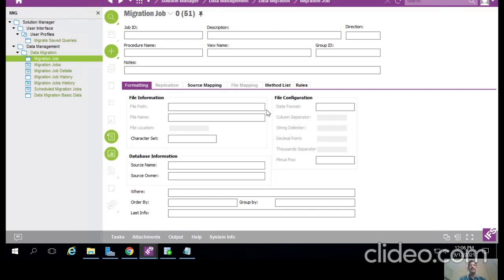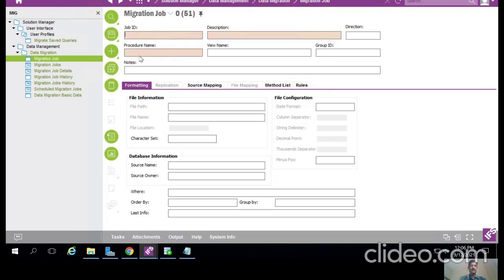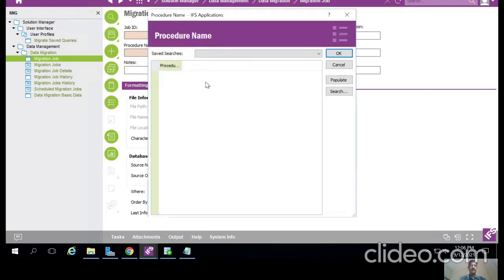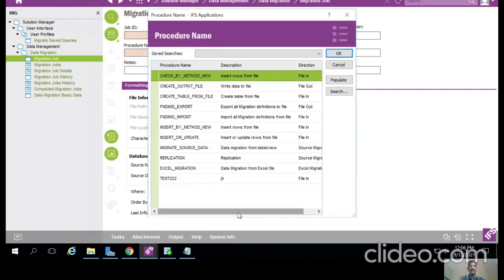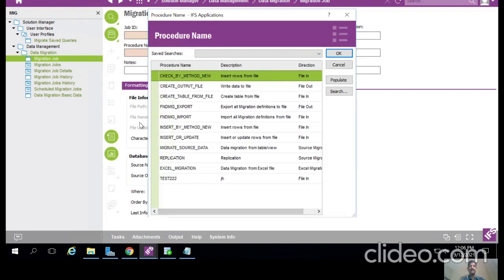When we talk about FND migration, the jobs can be divided by the way they migrate data. Each type may have a different procedure for using data. Under the procedure name, there are multiple procedures shown with their respective descriptions and directions. The procedure will perform all data migration activity.